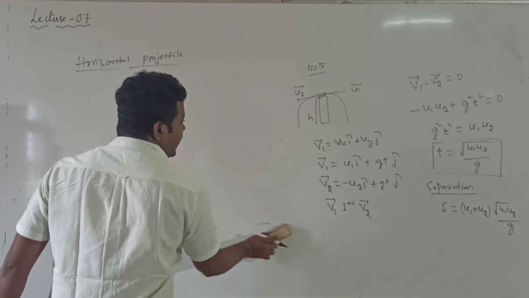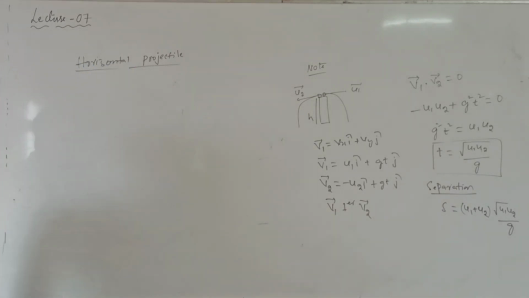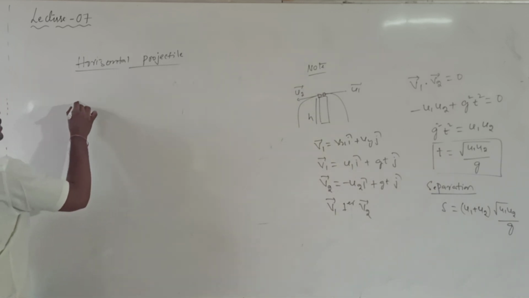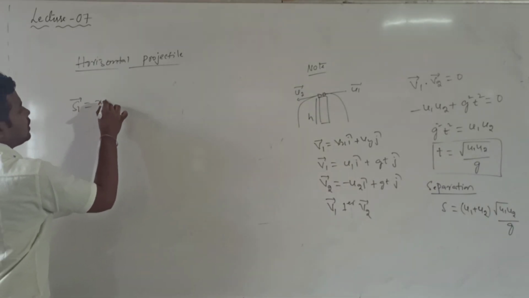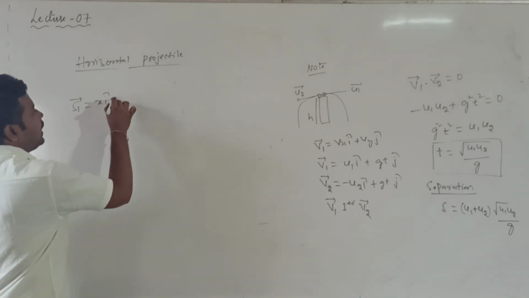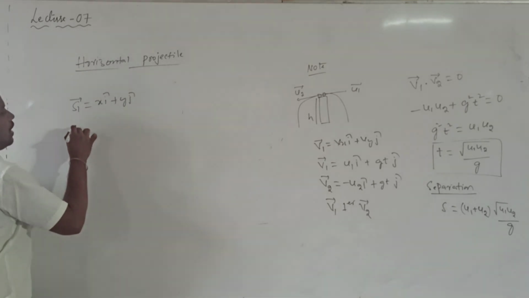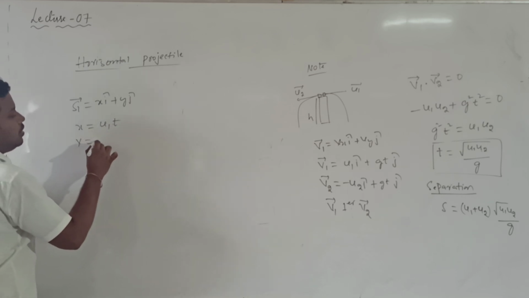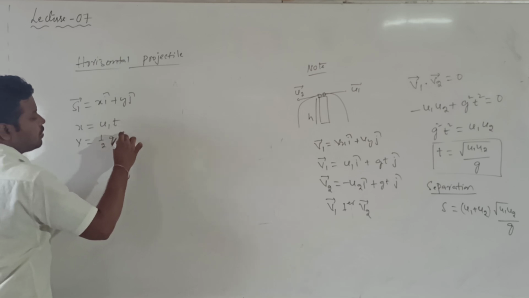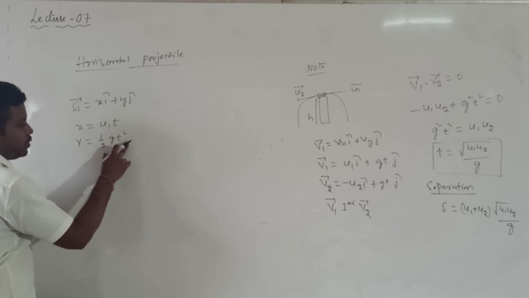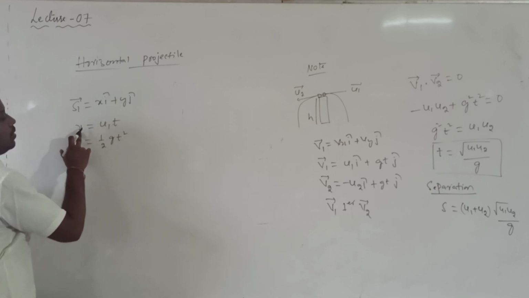Even in this horizontal projectile, let us see one more point based on that same question. What is the time after which their displacements are perpendicular? What is the displacement of the first body? Can I call it S1 bar? S1 bar is equal to x into i cap plus y into j cap. What is the horizontal displacement value of the first body? x1 is equal to u1 into t. And what about the y value? y is equal to half into g into t square. Why? Because here y is equal to uy into t plus half into g into t square, and the uy value is 0. x is equal to ux into t.